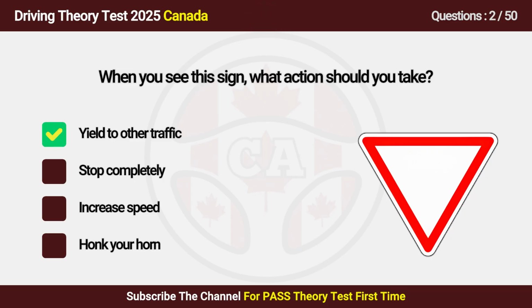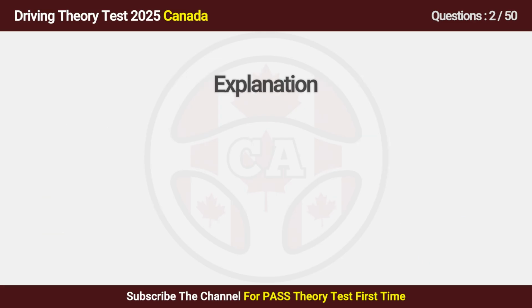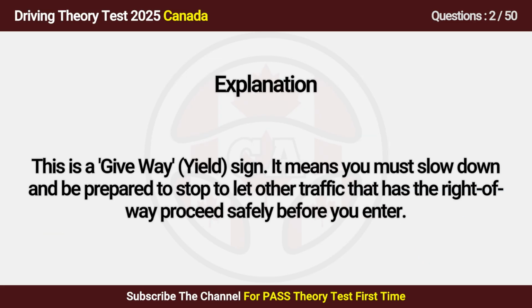Answer is A. Yield to other traffic. This is a give way yield sign. It means you must slow down and be prepared to stop to let other traffic that has the right of way proceed safely